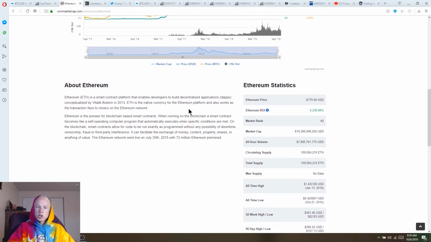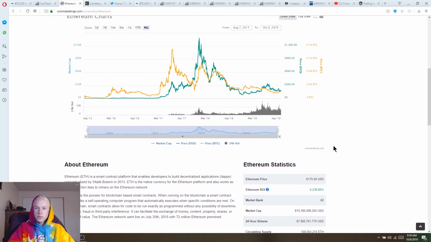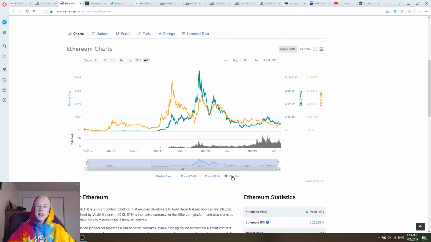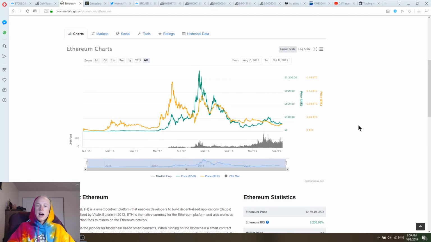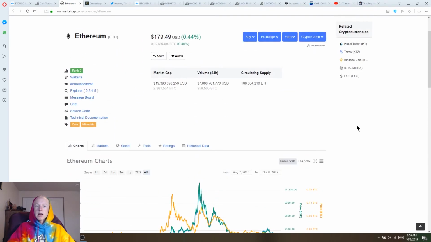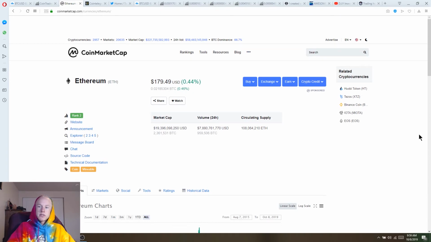But then this gives you a short explanation of the cryptocurrency. And so I really do like these. The fact that these charts are interactive, you can change things, you can only view certain ones if you want. I really do love CoinMarketCap, and like I said, it's a resource I use every day, and it's one that